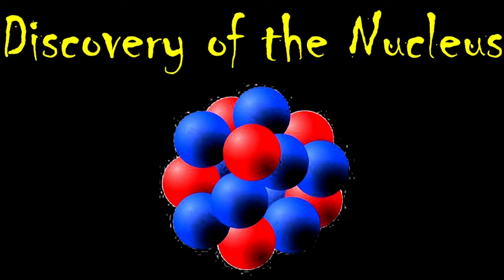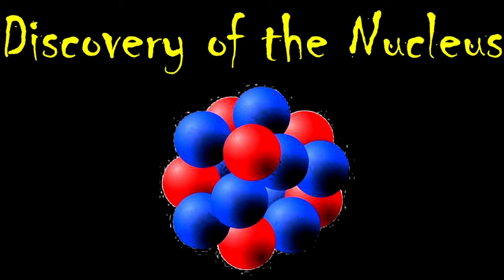Rutherford set up an experiment where positively charged particles were fired at a very thin gold foil in an evacuated chamber. A circular fluorescent screen was placed behind the gold foil to detect the alpha particles. He observed the following. Most of the particles went through the foil in a straight line without being deflected. A few particles passed through the foil and were slightly deflected. Occasionally, a particle bounced back.